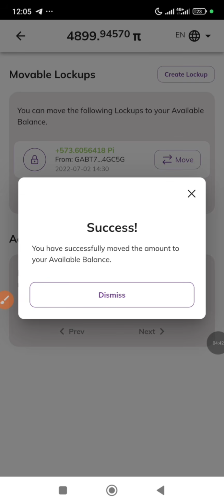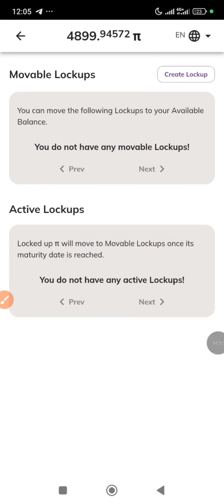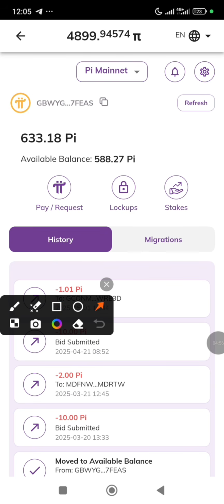Now it says you have successfully moved the amount to your available balance. Okay, now I'll click on the dismiss button. Now as you can see, it is no more here. Then you go back to the wallet section. Now here we used to have 14, but it has increased to